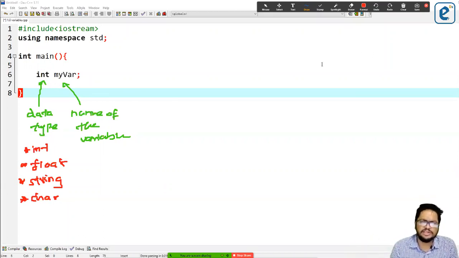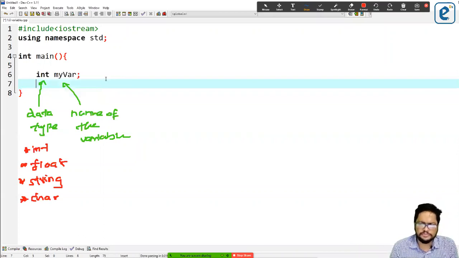What happens when we run this code, or compile this code? The program is run on the RAM; usually the program is executed inside the RAM.